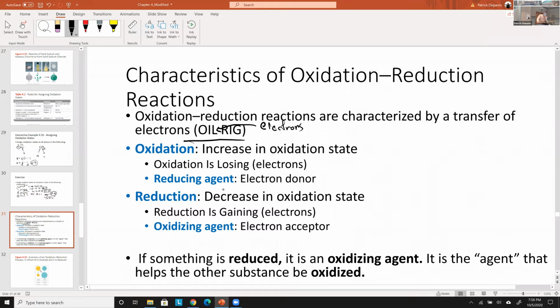Then it gets more complicated. If something is being oxidized, you can refer to it as a reducing agent. And that's something that we, in chemistry and in biology, like to talk about a lot. We talk about oxidizing agents and reducing agents to either help remove or add hydrogens to a certain compound that we want to protonate or do other things with it,